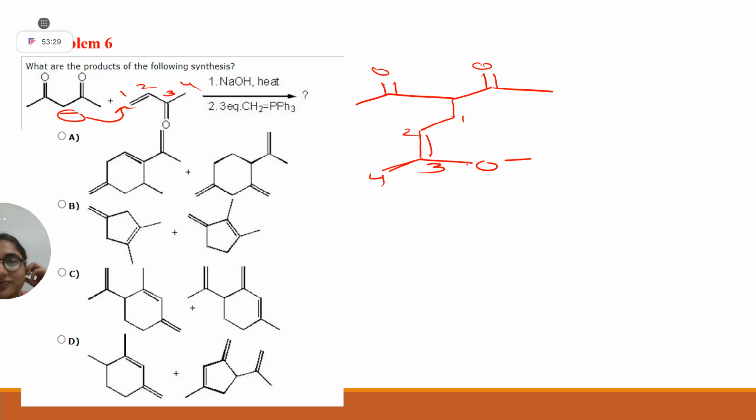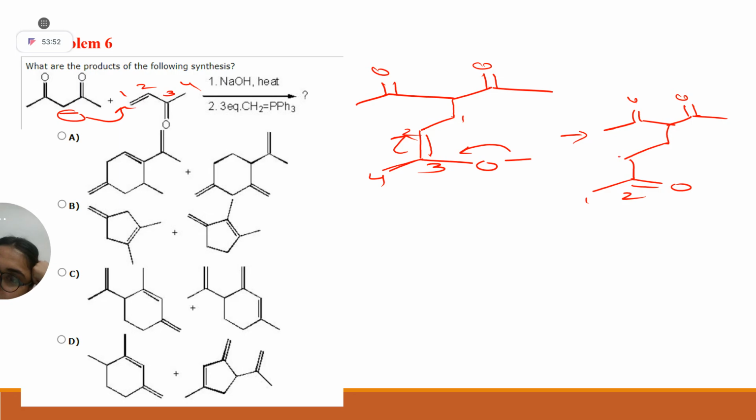Now what will it do? It will form first a ketone, correct? A 1,5 diketone. If you recall the mechanism, first it will be quenched. Yes, ma'am. Now what will happen? One, two, three. You draw yourself also. You will have better understanding. And now you just have to form a six-member ring. Just form a six-member ring like me. Randomly draw a six-member ring. You don't have to struggle. Okay.